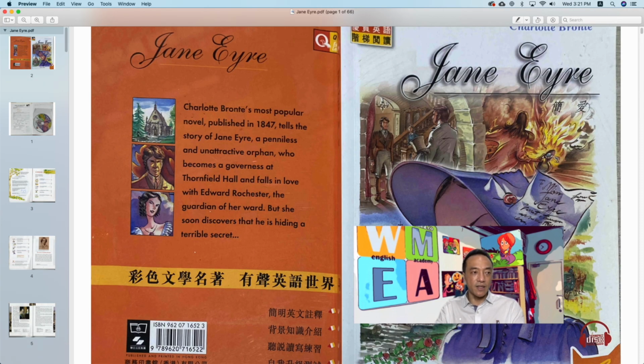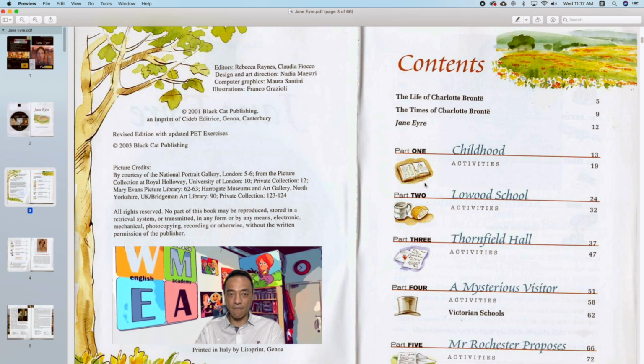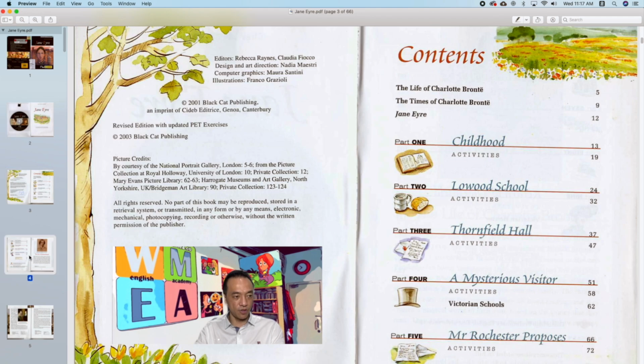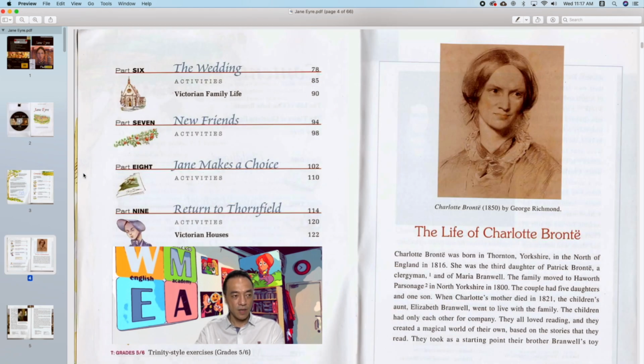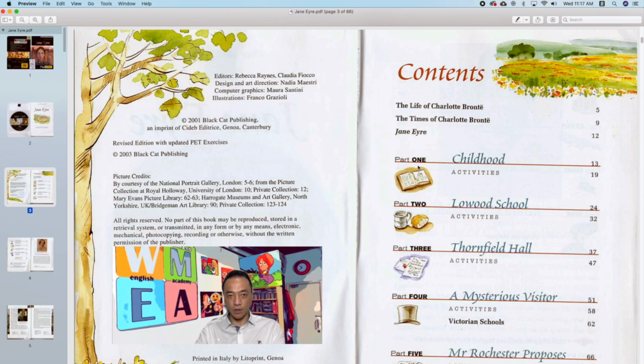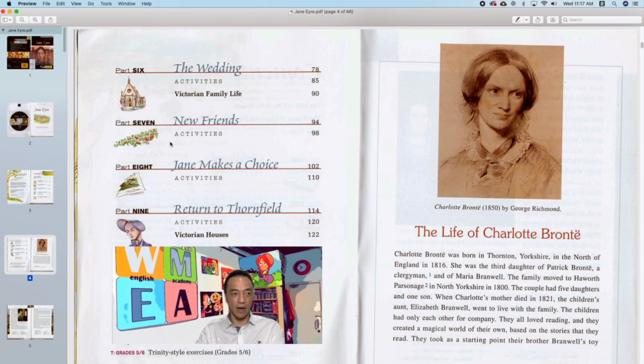A storybook like this, Jane Eyre, you will have about 9 chapters, 9 different parts. And I will spend a week to deal with a part. And then after 9 weeks, I will finish the whole book. And after I finish a book, then I start another one. If you keep this agenda and schedule, you will find you get improvement in just a couple of months. And your spoken English and your listening skill will get a big improvement if you stick to your plan.